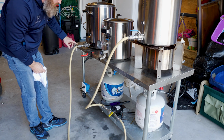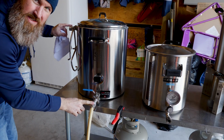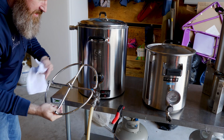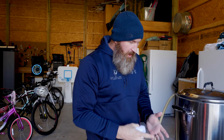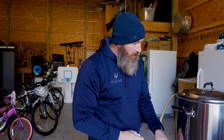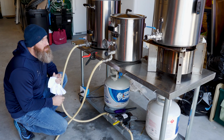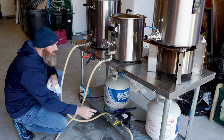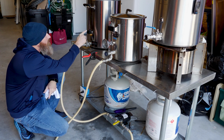I'm actually going to, instead of connecting the hose to here, connect it on the side of the mash tun, and that's basically going to let that hot water dribble in there with my sparge. I'm going to monitor this, and when this thermometer gets to 170, and I'll double check it with the Thermapen, I'm going to let it sit for 10 minutes. We've let this sit for about 12 minutes. So now what I'm going to do is very slowly, with the valve just a hair open, start transferring the